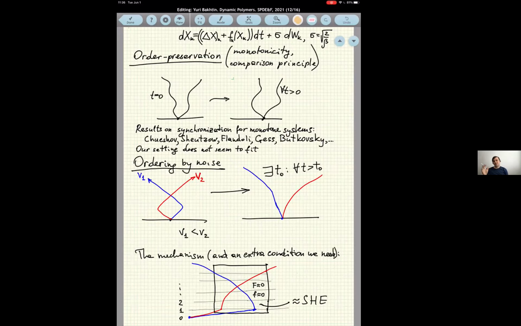So if you have no external potential, then the statement that I'm stating here is definitely true. So we are able to prove that inevitably sooner or later these trajectories will enter such a domain where this disentanglement is going to happen, and these trajectories will become monotone. Once they become monotone, they stay ordered for all later times.